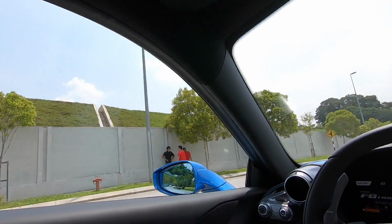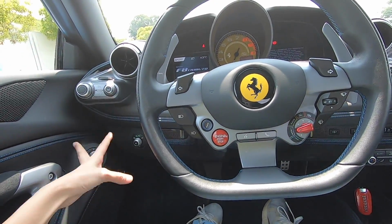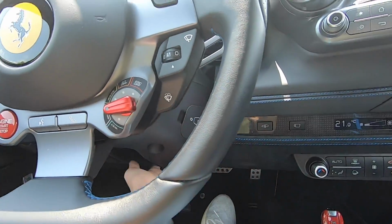Not saying that my passengers are unimportant lah, but you know, the driver is definitely the most important person. So I love that the design is very driver centric. It feels like a lot of things are very easily accessible. So for example, I'm sitting here, I can easily touch this, I can easily go here, because all of it is just facing me. Park, auto park, and